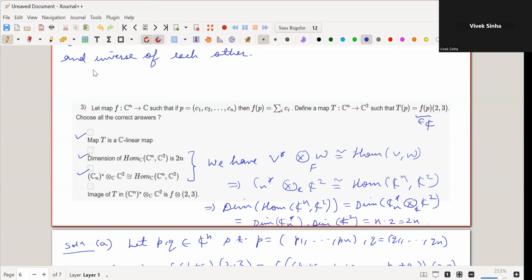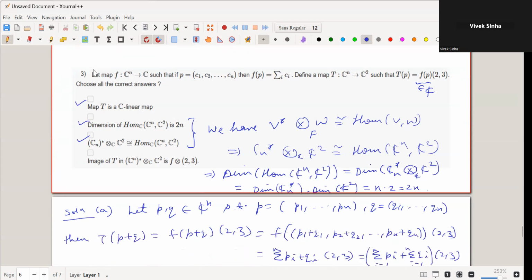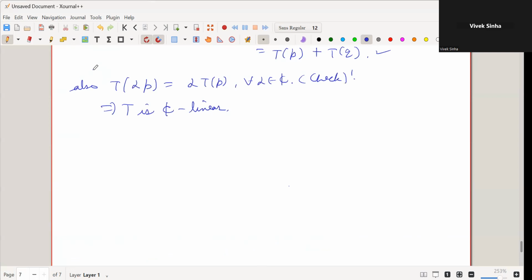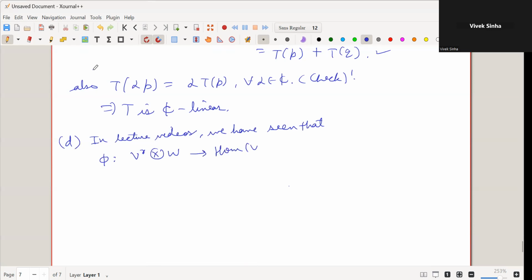So, part D. In class, in lecture videos, we have seen that V star tensor W is isomorphic to Hom(V, W), and the map that makes it isomorphic is this map phi, which is given by